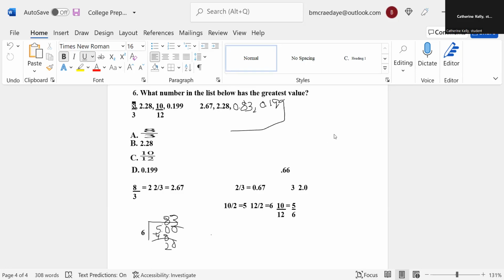Okay. Now I have them all. You put a 9, another 9. So, okay. So they're all in decimal. Now, which one has the greatest value? 2.67, 2.28, 0.83, or 0.199? Which one is bigger? Is it 0.199? No, wait a minute, hold on. Oh, wait a minute. No. Let me see which one is the